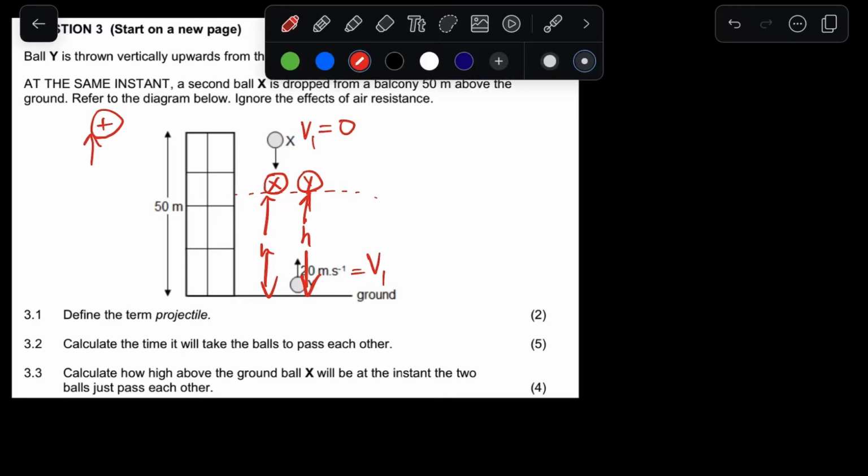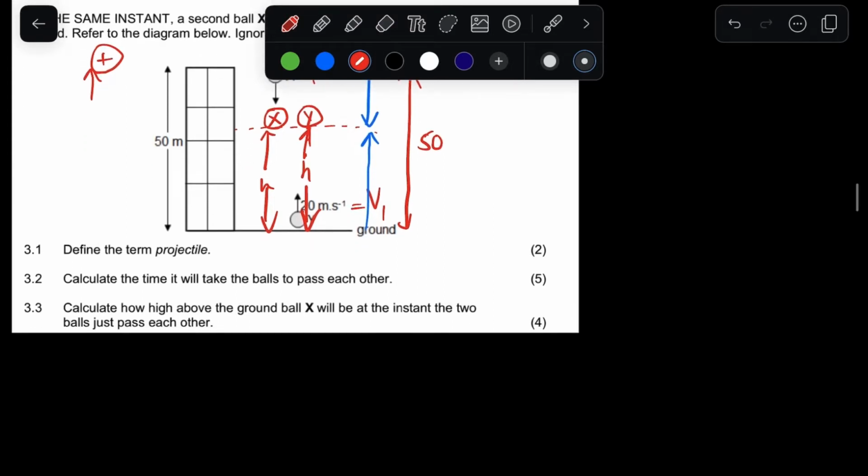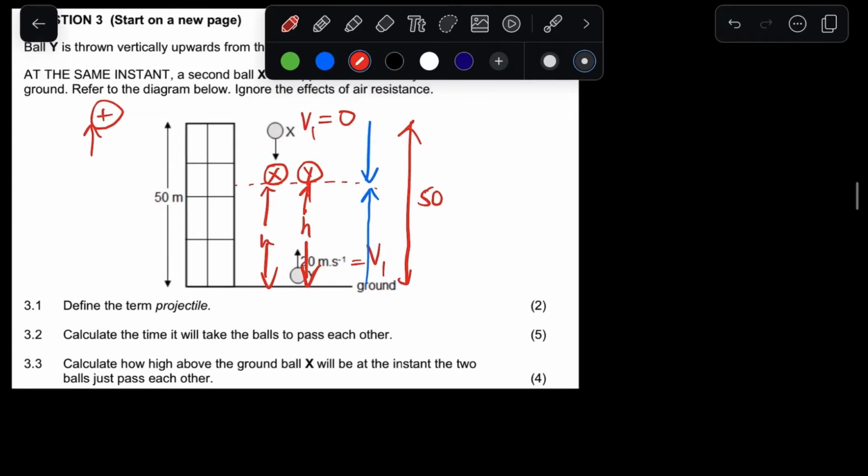If you look at this, ball X traveled this distance and ball Y traveled this distance. When you add both distances, they're equal to what? 50, right? So we can simply say from that, this is 3.2, we can simply say that